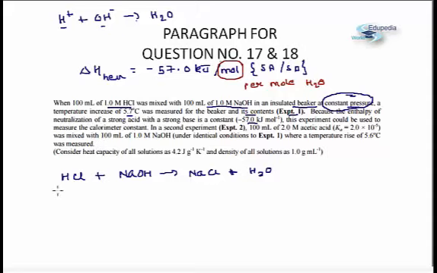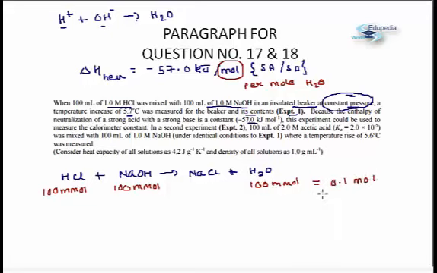That means we have 100 millimoles of HCl. Okay, and similarly I have 100 milliliter 1 molar NaOH. That also means that I have 100 millimole of NaOH. Fine. So these are two strong acids and strong bases. They are in 1:1 molar ratio and they both would be completely consumed. There would not be any limiting reagent, and as a result of this we will get 100 millimole of water. Okay, and 100 millimole of water would mean 0.1 mole of water.